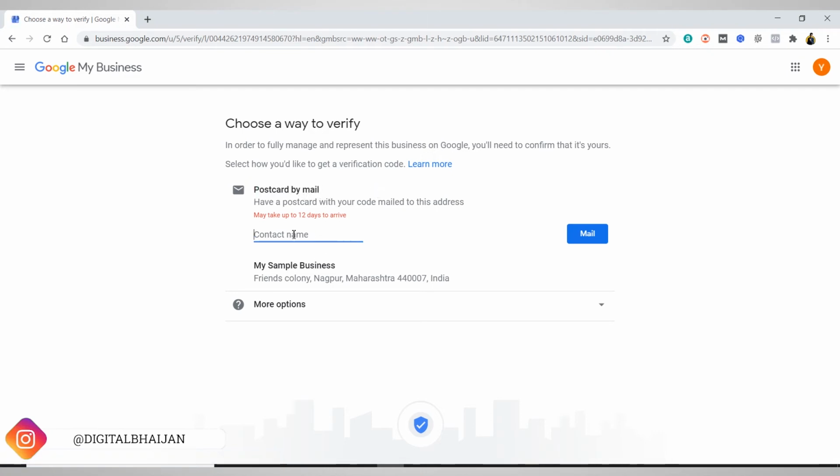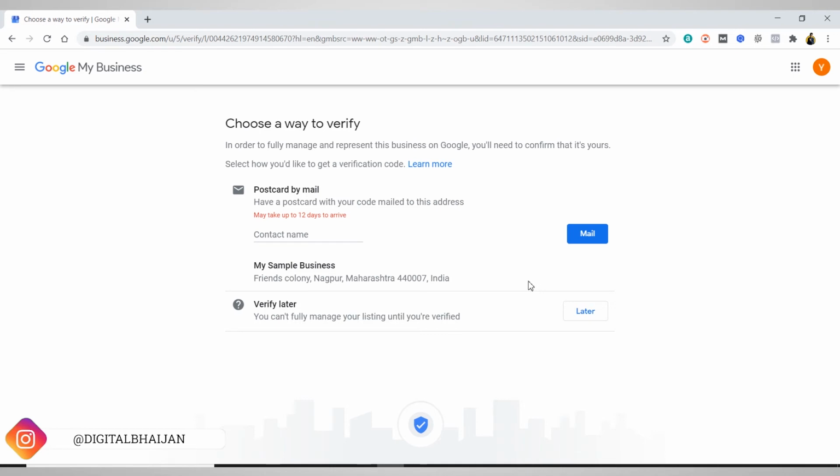You can type your contact name here and click on mail, and Google will send you a package that contains a code. You need to put that code on Google My Business so that it can be verified. It is saying it will take 12 days to arrive, and obviously it will take this much time for the postcard to arrive. So for now we are not going to verify this.